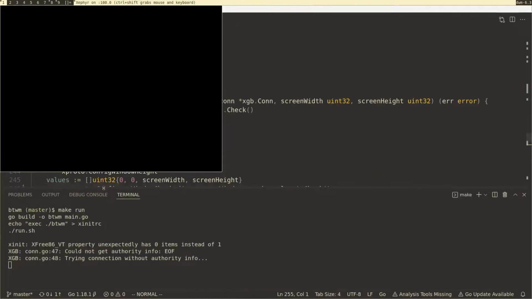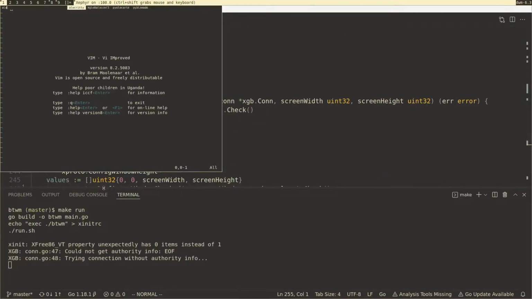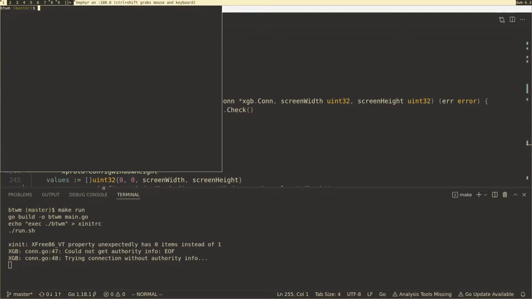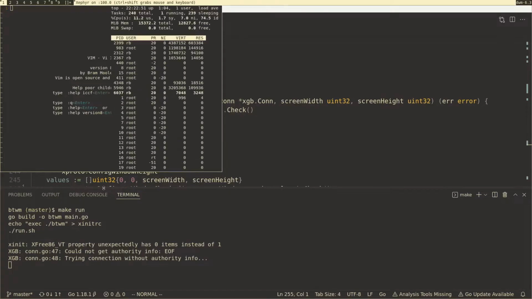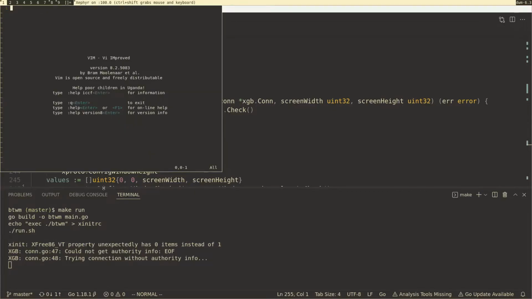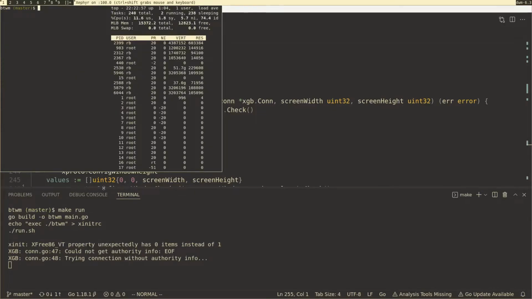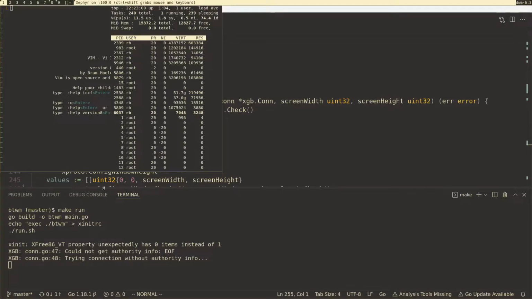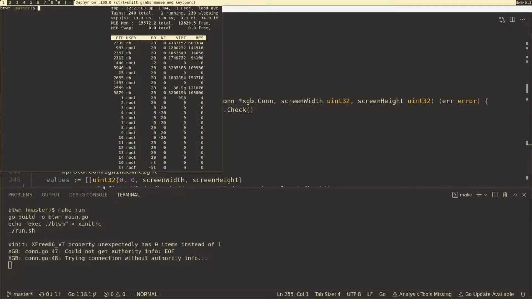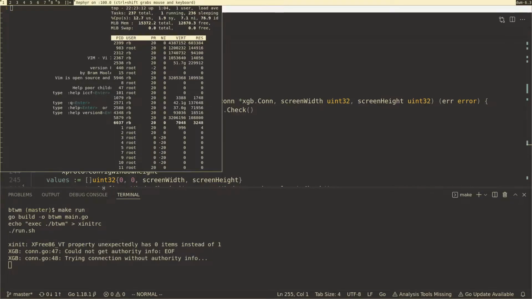Oh, not here. Oh, split. Oh, broken again. Okay, if I split with this. Oh, wait a second. Okay. Wait, what happened here? Okay, let's exit. Okay, so it didn't remap the window because